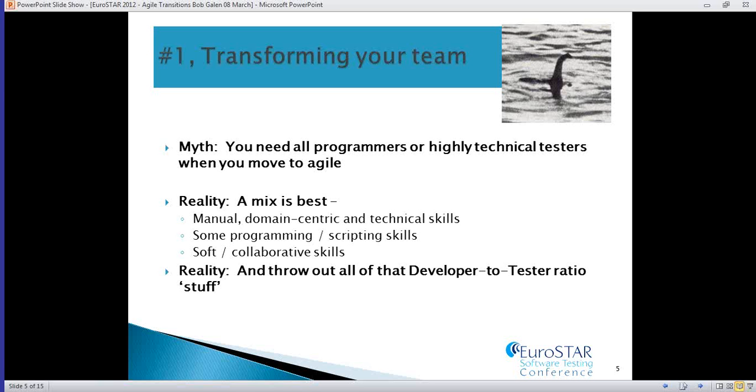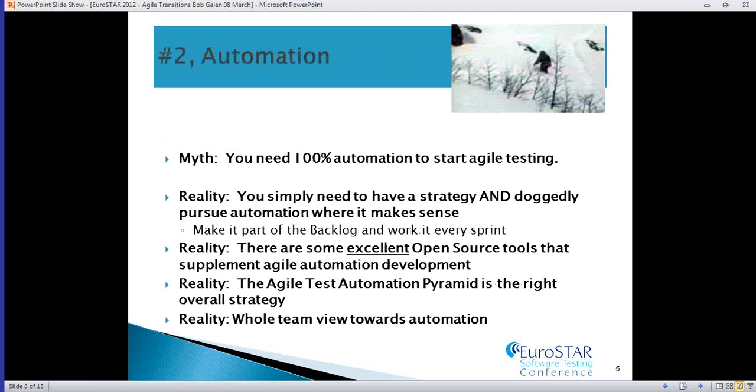In fact, if there are no testers on the team, it doesn't give the team a get-out-of-jail-free card when it comes to testing and quality. It just puts that burden on the remaining team members. If you have a team composed of all developers, they have to test. They have to test thoroughly, all aspects at all dimensions of the product, and it puts a lot of pressure on them. So throw out that thinking that there's a magical ratio. It's not that important. It's a whole team view.